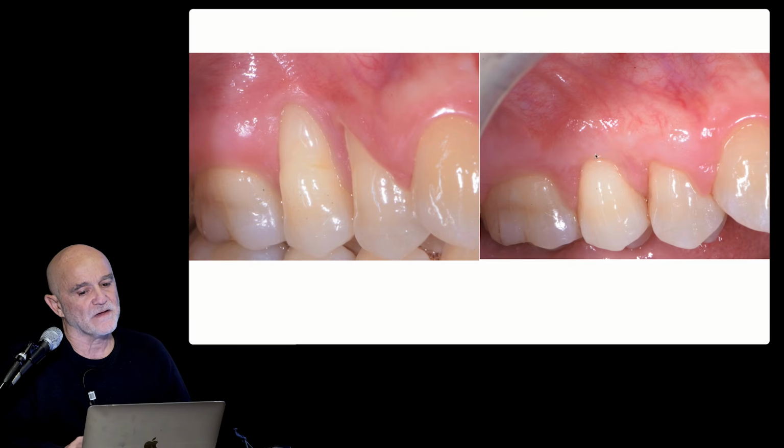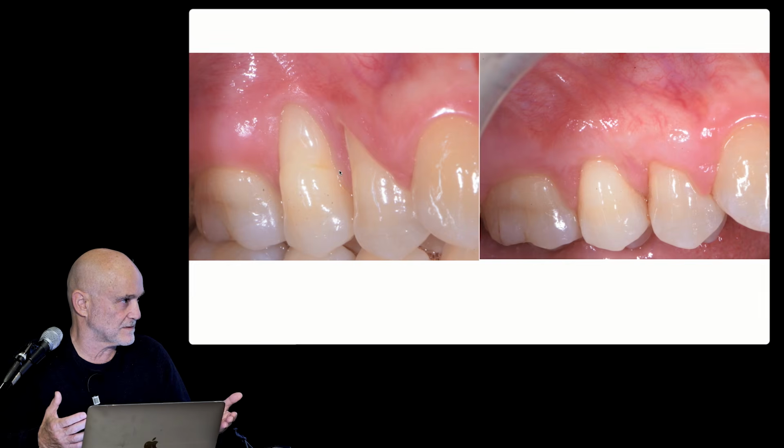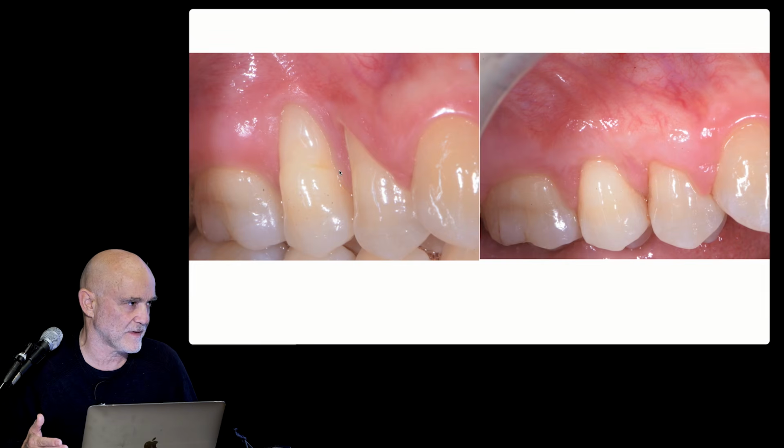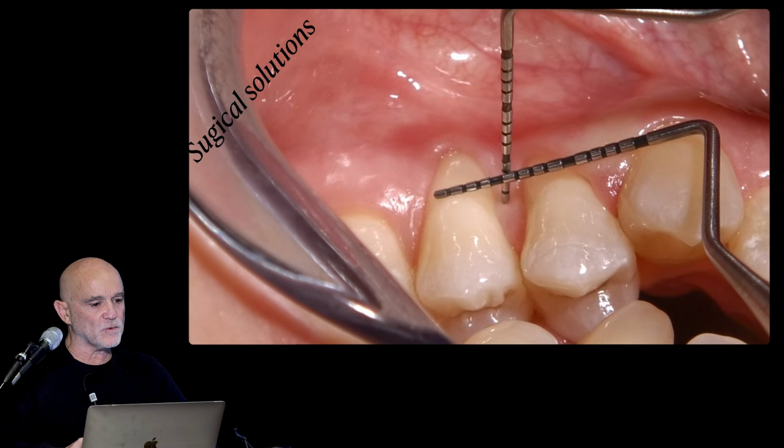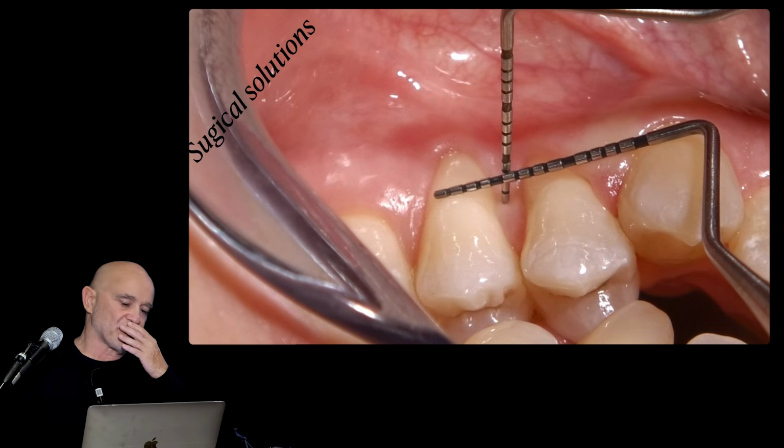So this is the maximum amount of coverage you can achieve in a case like this, that if you look carefully is not complete. Here there is the cementoenamel junction that is exposed, and here there is the cementoenamel junction that is exposed. But look now, this papilla, it seems to be another patient. So it's a great outcome, which is not 100% coverage. So what can we do surgically? First of all,